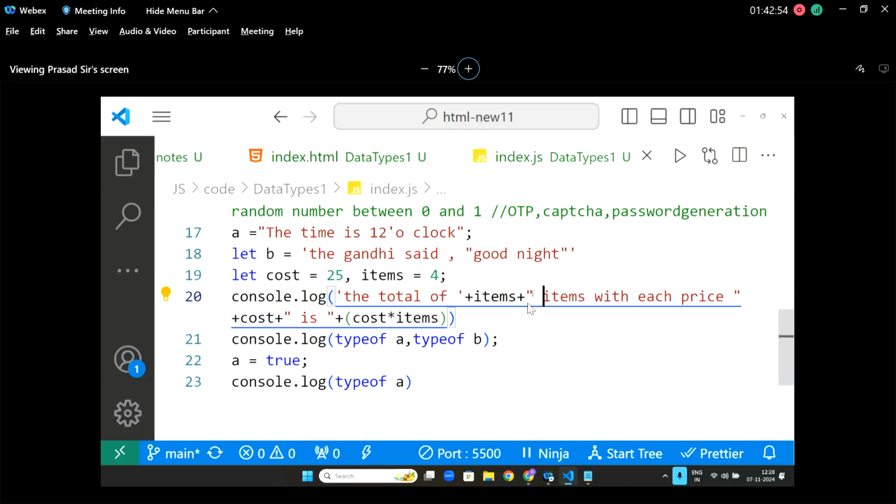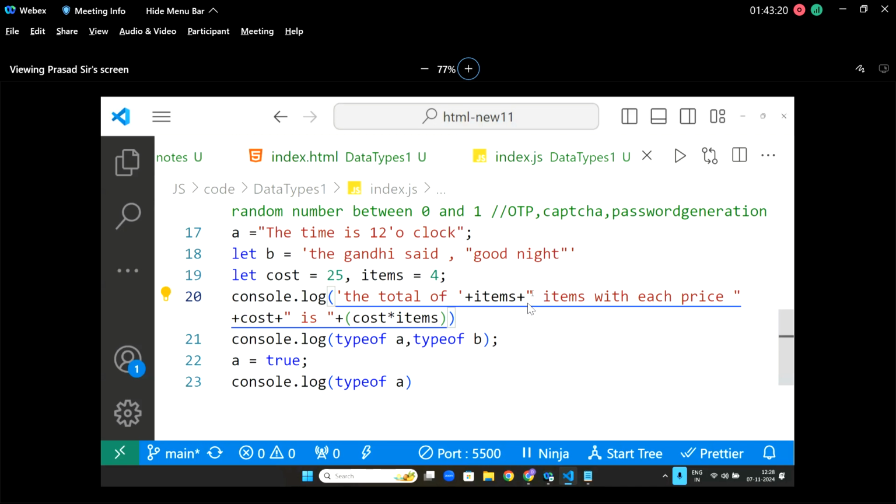Any doubts in this? Normally, you can write like this. This is an easy way. The problem is, I break the paragraph here 3 times. Every time stopping the paragraph, putting the plus, again keeping it plus, again writing the paragraph. Okay, that one will become more and more troublesome, sir. To solve this problem,